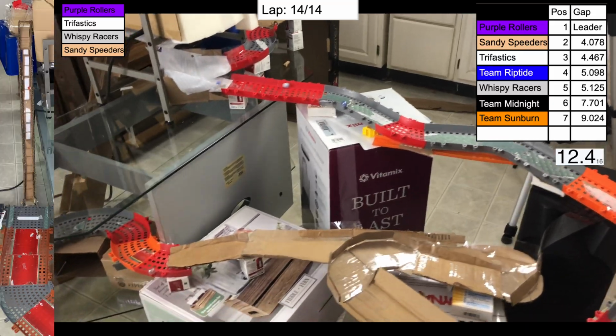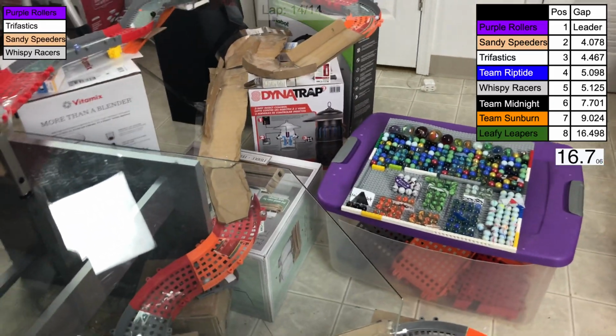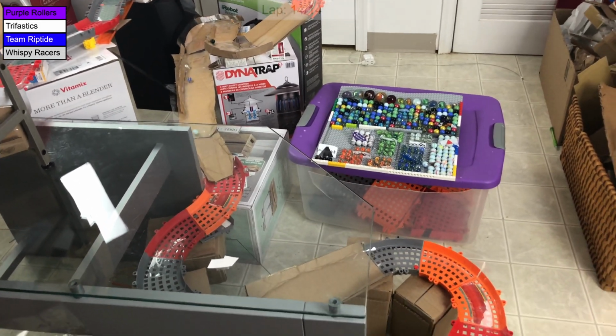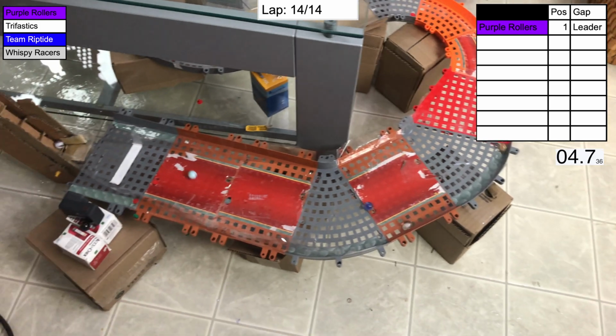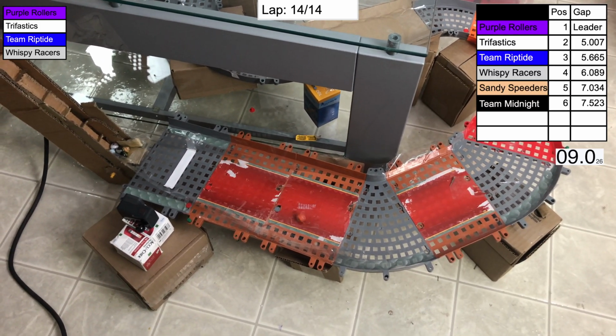Going into that banked turn for the last time, Sandy Speeders move up into third place. Sandy Speeders gonna try and hold that third place. Purple Rollers rounding the last 2 turns, and it looks like Sandy Speeders have fallen back to 5th. Team Riptide making a move up to 3rd. Team Riptide will finish 3rd, but Purple Rollers will win the 4th race of the season, followed by Trifastics, Team